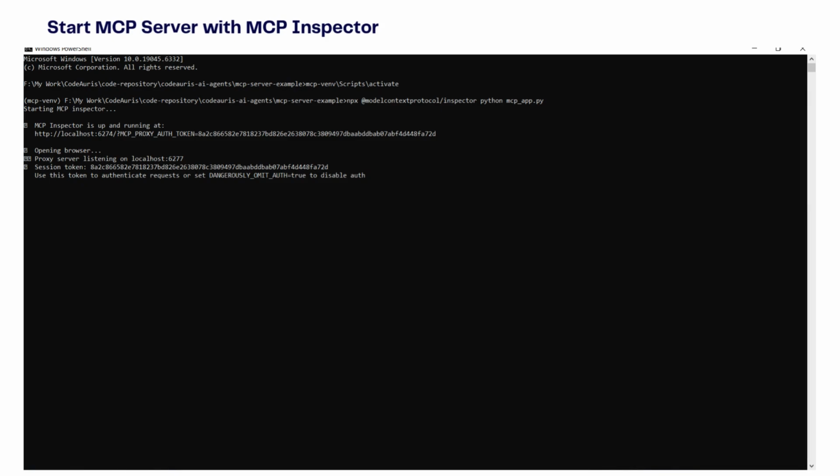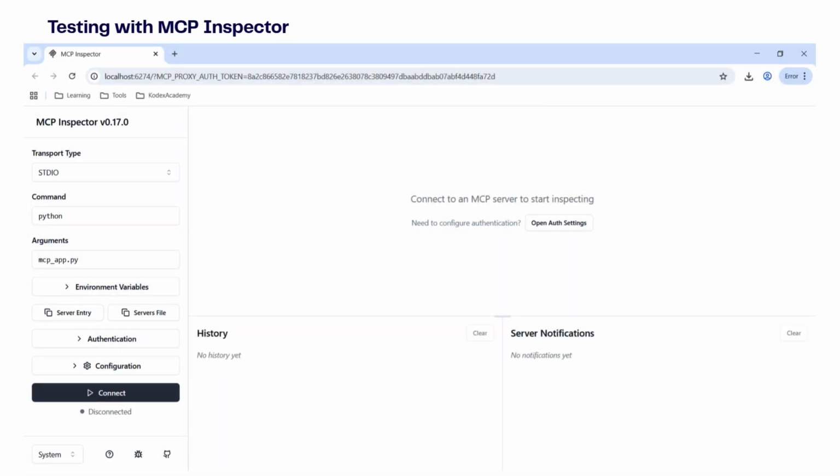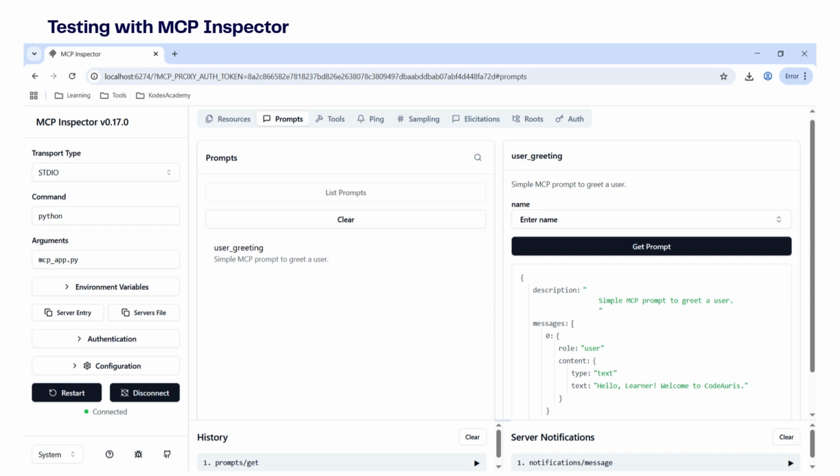Alright, now that we've built our MCP server and defined all the components, let's move on to the demo of our MCP server. We're going to start the MCP server along with the MCP Inspector. MCP Inspector is a visual interface for testing and inspecting your MCP setup. Once the MCP server is up and running, we'll open the MCP Inspector in our browser, available at localhost. The MCP Inspector allows us to connect directly to the MCP server and test our prompts, resources, and tools through a clean graphical interface. Alright, now that we are connected, let's start exploring the different tabs available in the inspector.